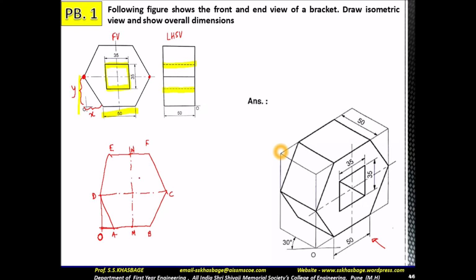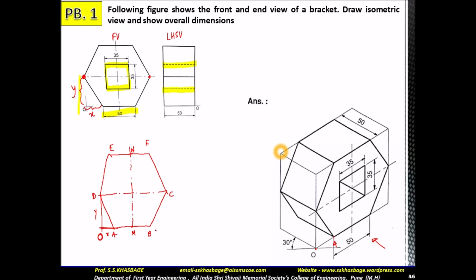Now this is our complete hexagon, and also we know this distance now. With the help of this X and Y distance, we can simply draw this hexagon over in the isometric plane. So how to proceed for this? Now O is the starting point. From this O point we have to take distance equal to x in our compass and mark over here. So we'll get the A point, suppose.